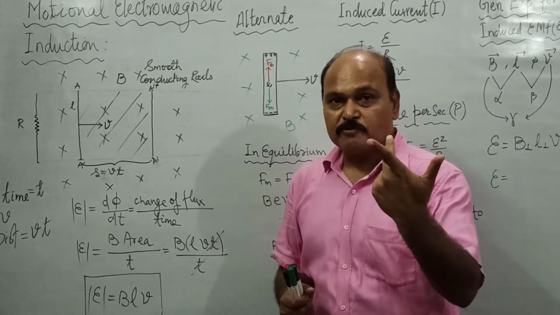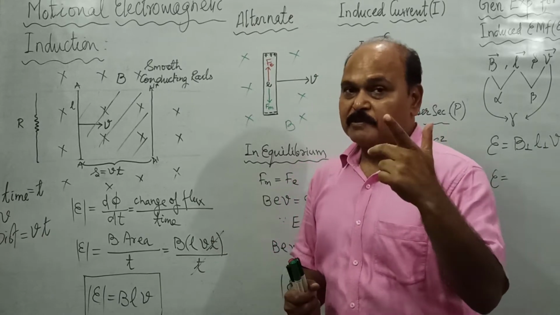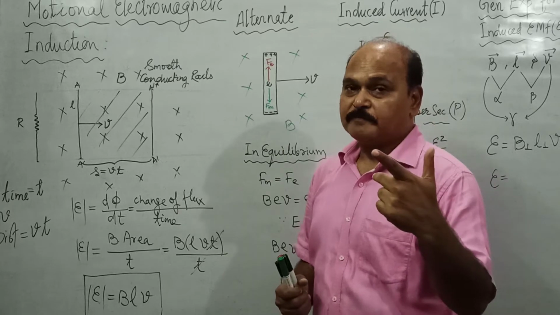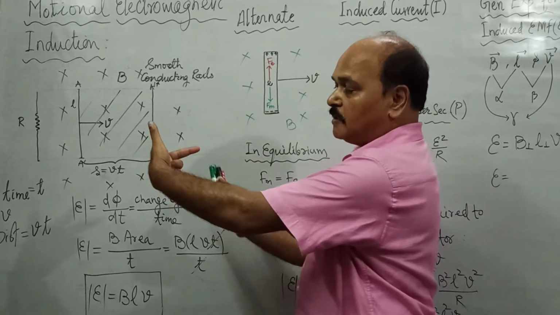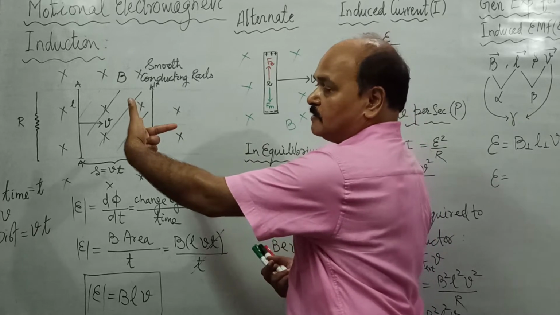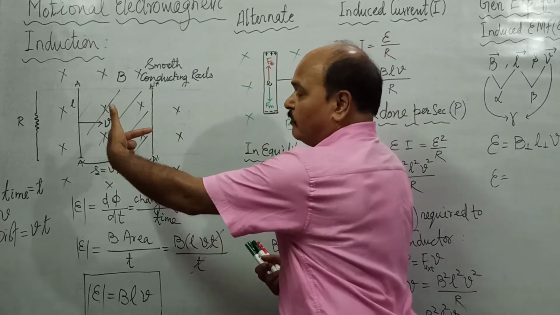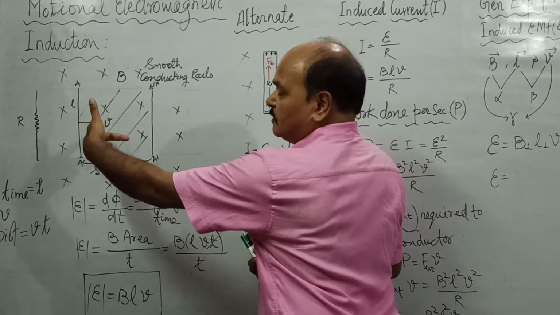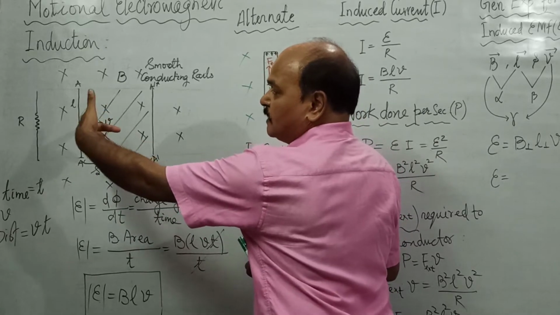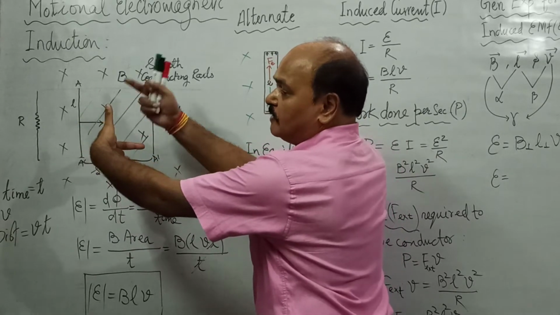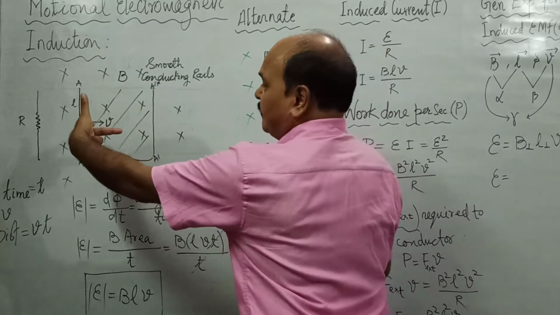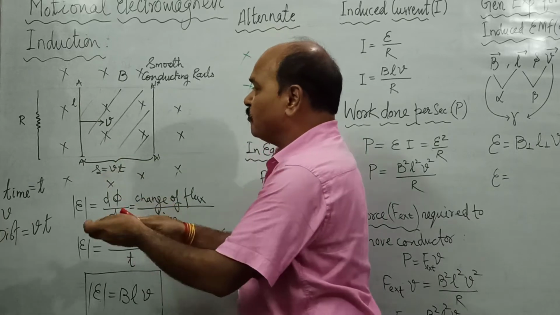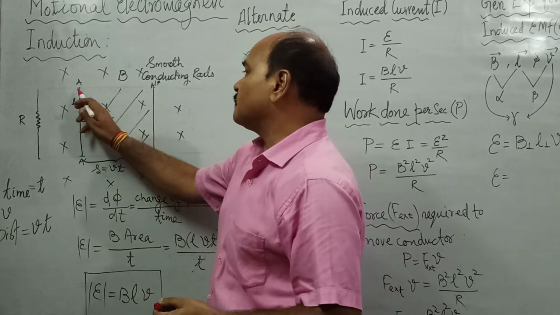For that we have to use the same mother father child rules, Fleming's left hand rule. See, the magnetic field is where? Cross, and the conductor is moving towards right. This tallest finger is along velocity. So where is the thumb? The thumb is pointing up. This up, that is the direction of the thumb, is the direction of force acting on positive charges. Therefore, every positive charge moves along the thumb, and this end becomes what? Positive.